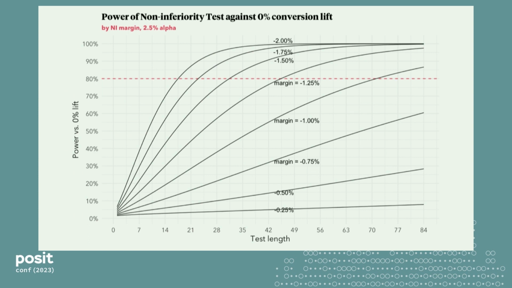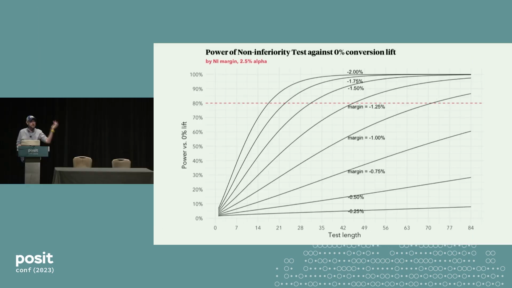And you see that's kind of what this graph does here, and you can start to have a conversation about, well, look, if you run a test for 3 weeks and you want good power against any feature that isn't losing us money, then you may have to accept some small risk that it actually will lose us, say, 1.5% conversion drop, right? And maybe that's an acceptable risk, and maybe it's not, but it's an assessment of risk that usually they can reason about a little bit better, and you end up with a more productive conversation. So that's non-inferiority testing.